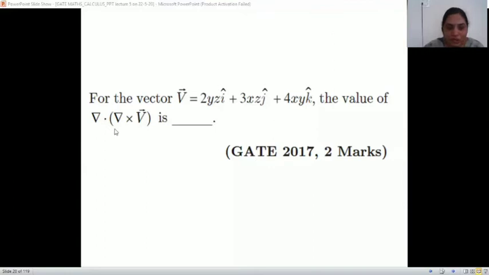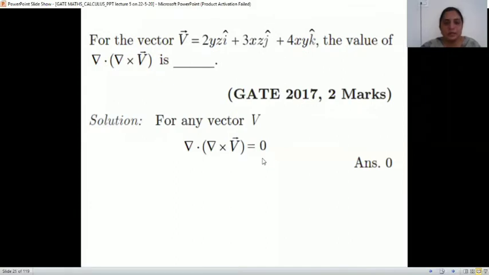Okay, it is asked del dot del cross V bar, right? But we know, I have shown you. Can you please tell me the answer? If done, this is the answer. What is the answer? 0. And this is just one line answer. We know this is the standard formula. Del dot del cross V bar is always 0 for any vector V bar. So V bar can be anything, but del dot del cross V bar is always 0. So the answer of the given thing is 0.